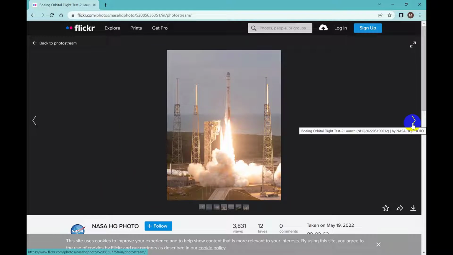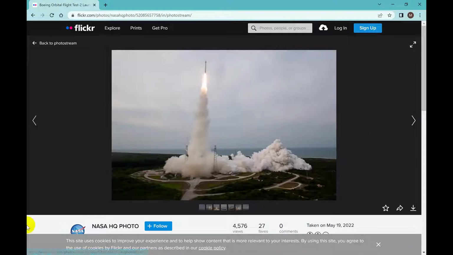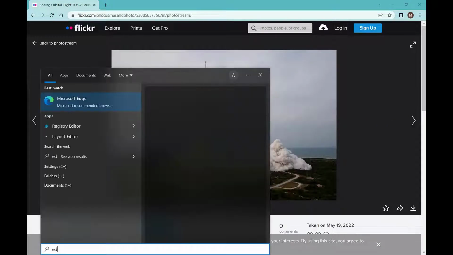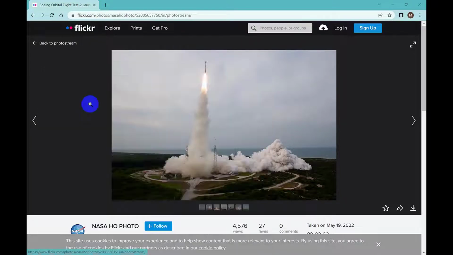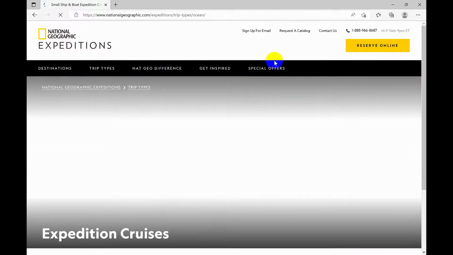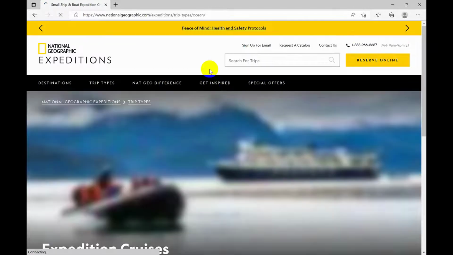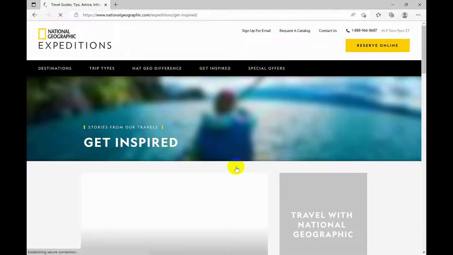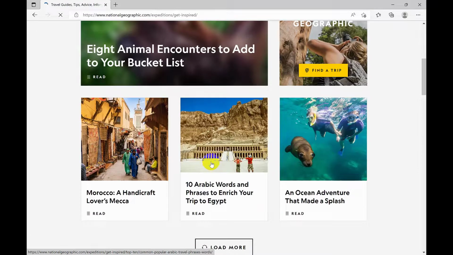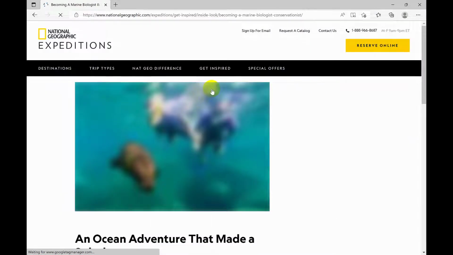So let me open my Microsoft Edge browser first. This is the Microsoft Edge browser. Let me open it. So right now I am in nationalgeographic.com,